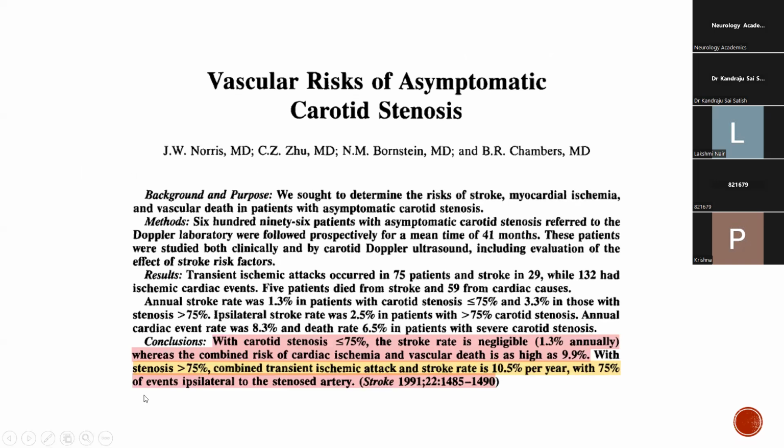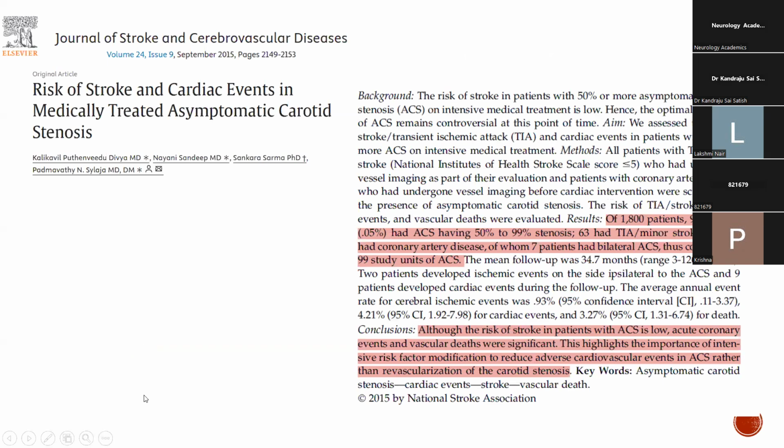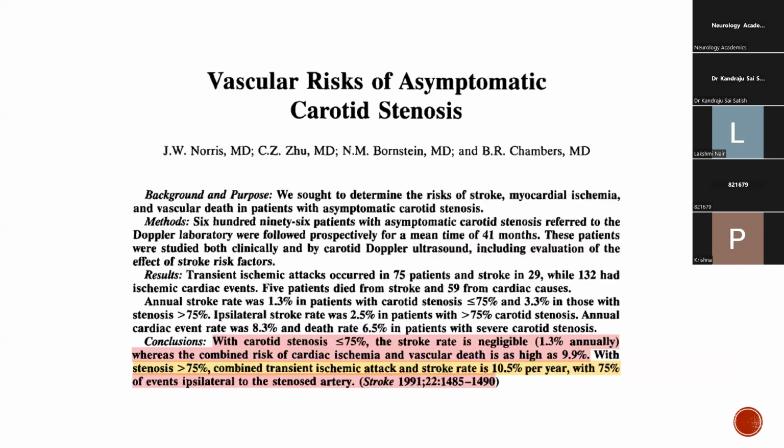In 1991, he assessed the vascular risk of asymptomatic carotid stenosis and found that with stenosis less than 75%, the stroke rate is negligible, whereas the combined risk of cardiac ischemia and vascular death is as high as 9.9%. And with stenosis more than 75%, the combined TIA and stroke rate was 10.5%, with 75% of events ipsilateral to the